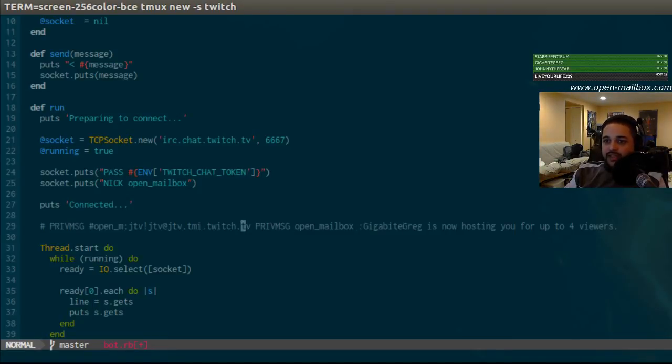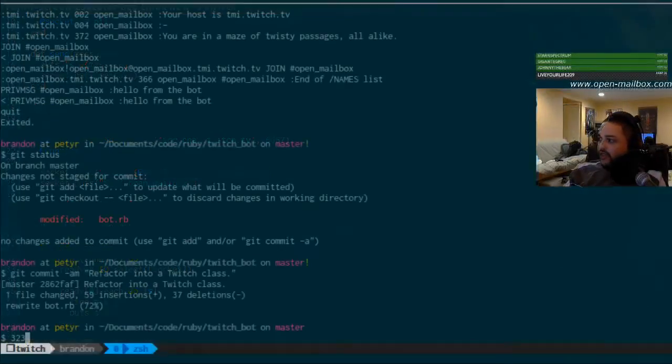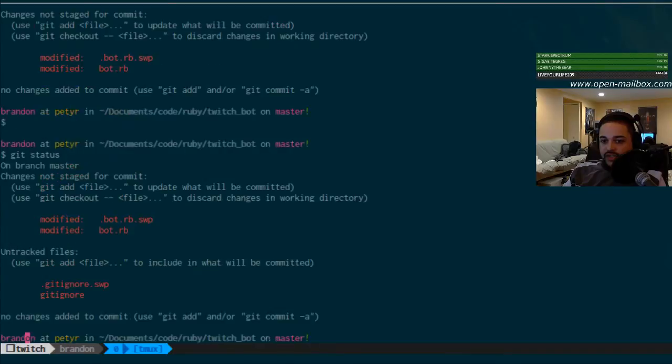So, since we're only listening to one channel right now, we just want to pull everything beyond the end of this colon. And actually the first word is the user that sent the command, and the rest of it is the actual, actually that's not true, is it? Because that was a message from the channel. We need to know what it looks like when we actually get a message, not just a notification.